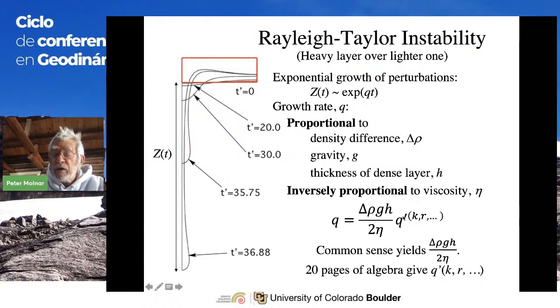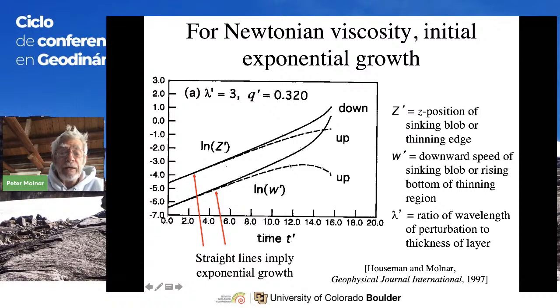But then there's lots of other parameters that can go into this. K, wave number, that's like the wavelength, variations in viscosity. There's a whole lot that can be different, and it takes 20 pages of algebra to solve and get this value of Q prime. I'm not going to take you through that. The important part is the common sense, and what that value is, I'll show you different values, but we won't go through details. So just in simple calculations, if you plot the logarithm of the depth, z, or the logarithm of the speed with which the